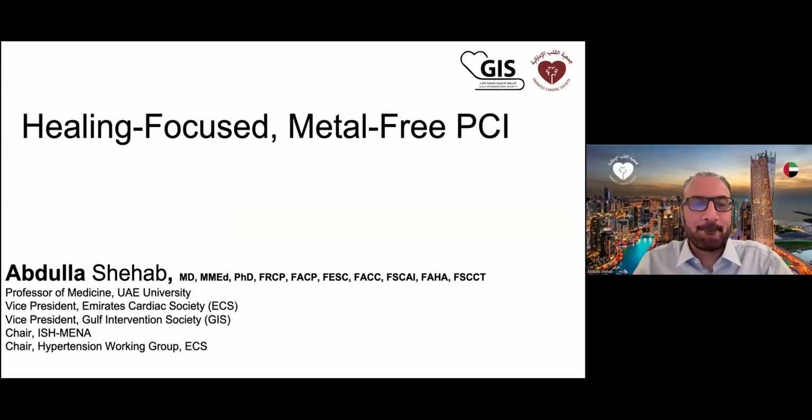He's also, if you like, somebody whose practice has changed significantly following the development of drug-coated balloons. He's a professor of cardiovascular medicine at UAE University, the vice president of the Gulf Intervention Society and the Emirates Cardiac Society. And he's also involved in the hypertension working group of the ECS. He's also involved in writing a position paper on drug-coated balloon angioplasty by the Gulf Interventional Society,